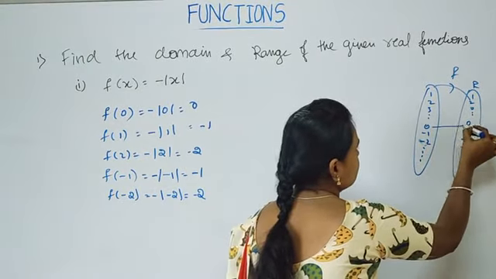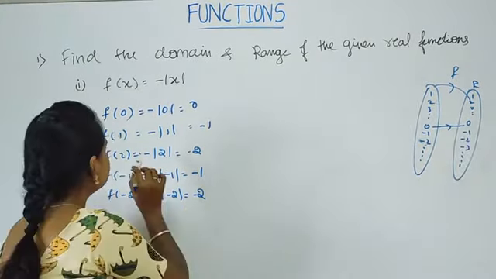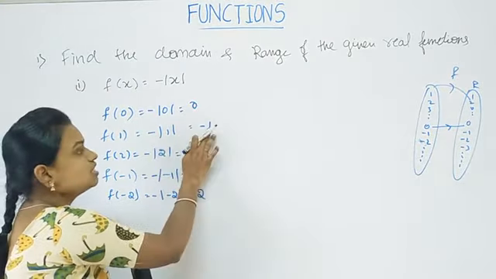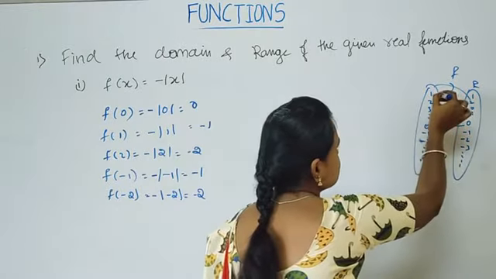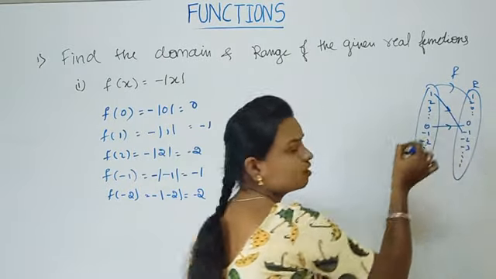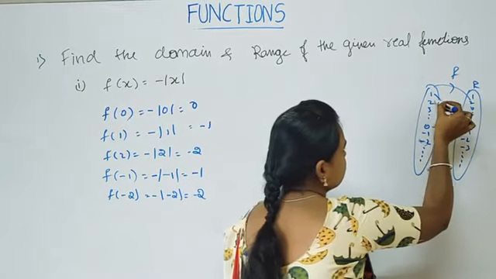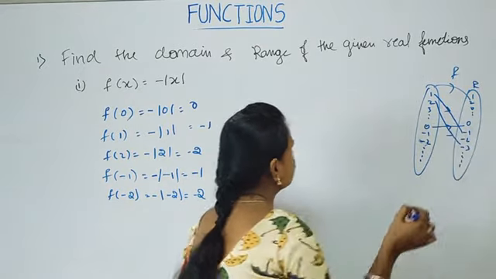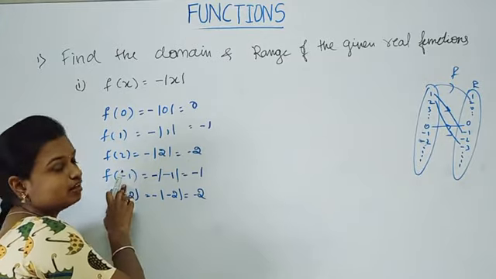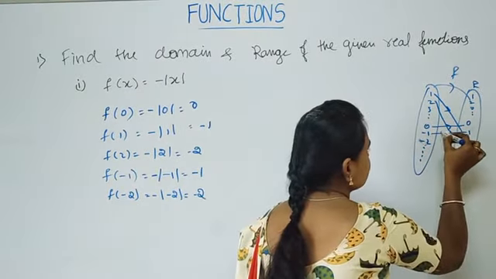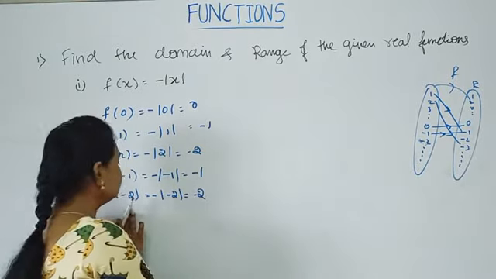So 0 is mapped to 0. If you take 1, 1 is mapped to what? Minus 1. The image of 1 is minus 1. If you take 2, 2 is mapped to minus 2. If you take minus 1, it is also mapped to minus 1. So minus 1 is also mapped to minus 1. And if you take minus 2,